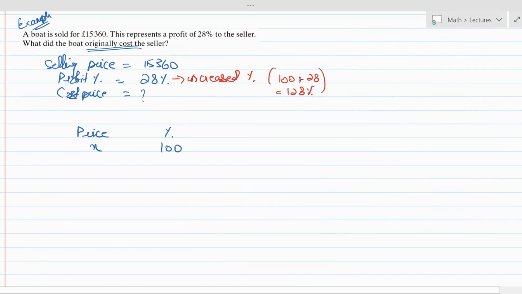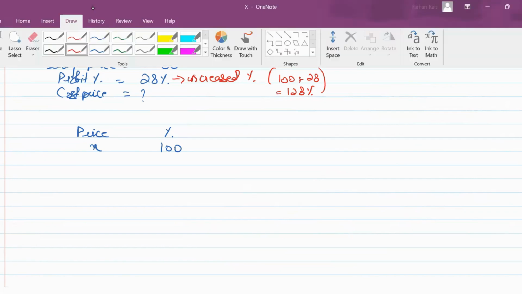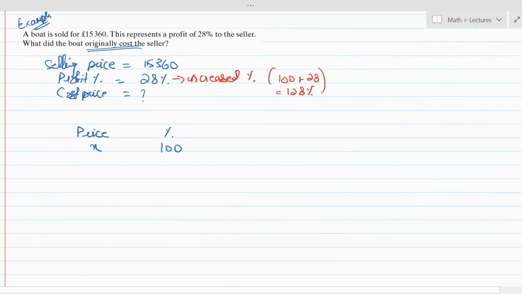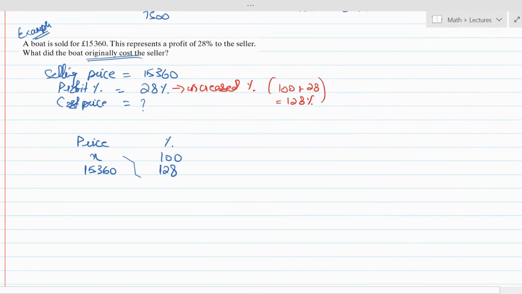So in terms of percentage, this selling price 15360 is representing 128 percent of the cost price, which is what we need to find. So make sure you are using the correct representative percentages against the correct prices. Selling price being the increased value, 15360 should be written against the increased percentage, which is 128. When we do the cross multiplication here to solve this equation,